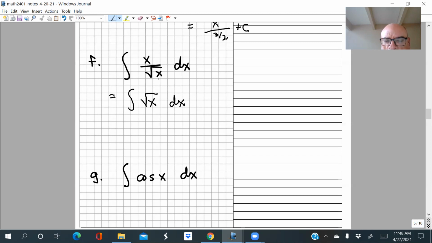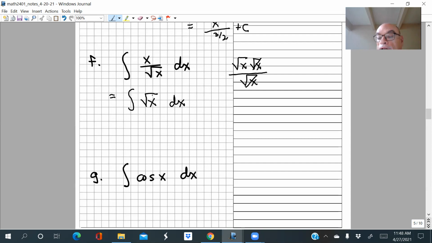By the way, why does x over the square root of x reduce to square root of x? Well, there are lots of ways of thinking about that. But one way of thinking of it is, remember, x is the square root of x times the square root of x, right? If you multiply square root of x times the square root of x, you're going to get just x, right? That would be like square root of 2 times the square root of 2 is 2, or square root of 5 times the square root of 5 is 5. Well, square root of x times the square root of x is x. So if you rewrite x as square root of x times the square root of x divided by square root of x, of course, one of these square roots of x will divide out, right?